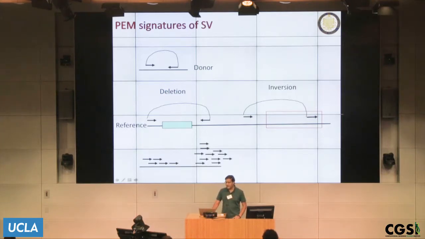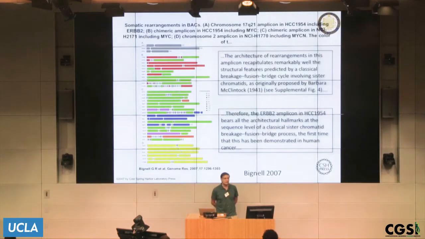Some of them are just by counting the number of reads that map to a location. If you're sequencing a genome to, say, 30 times redundancy, you would expect about 30 reads per base pair. But if you see, say, 300 reads, you know that there's been some structural variation that resulted in increase in copy number. Right? So around this time in 2007, there's this very interesting paper from Michael Stratton's group,